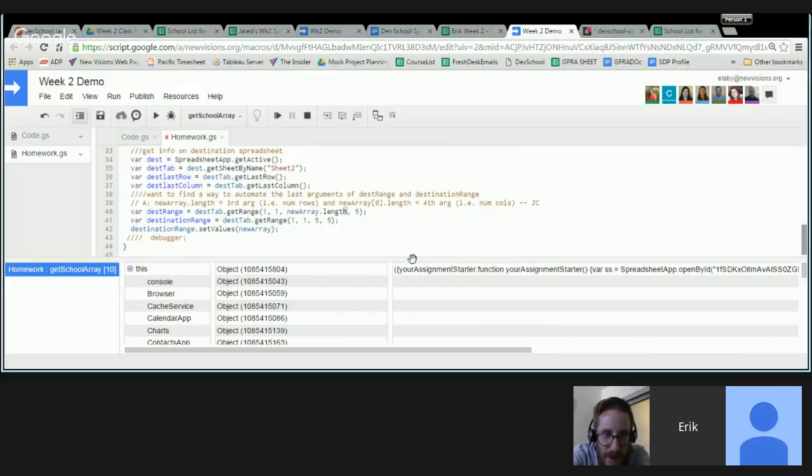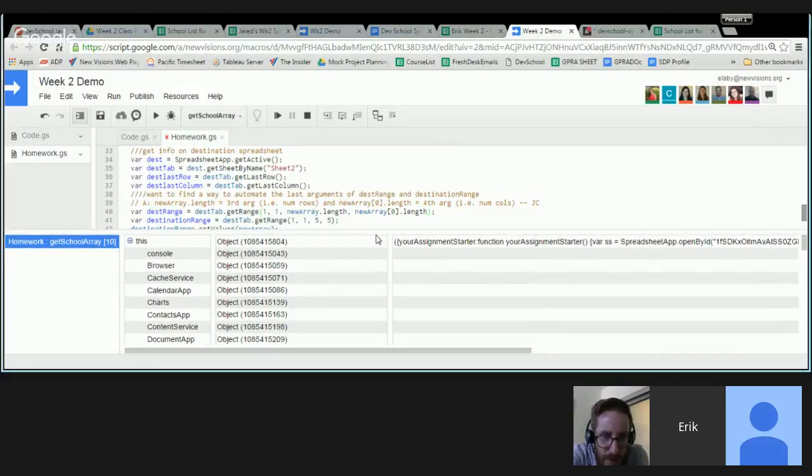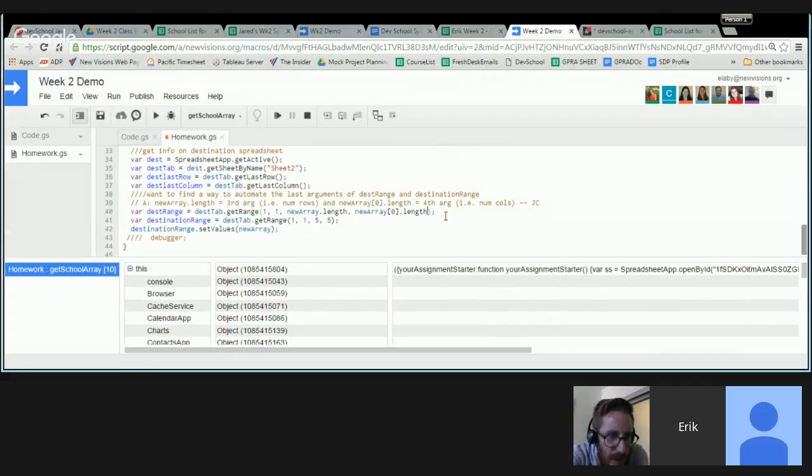The next piece is that the first row in your new array is essentially your header row, and if you get the length of that, that will be the width. So if you said new array, in brackets 0, dot length, that should equal the number of columns. Right, and if you look in your debugger, if you collapse this,